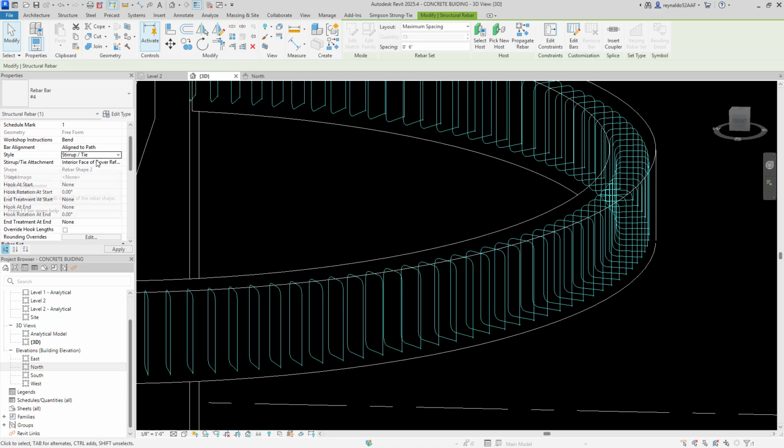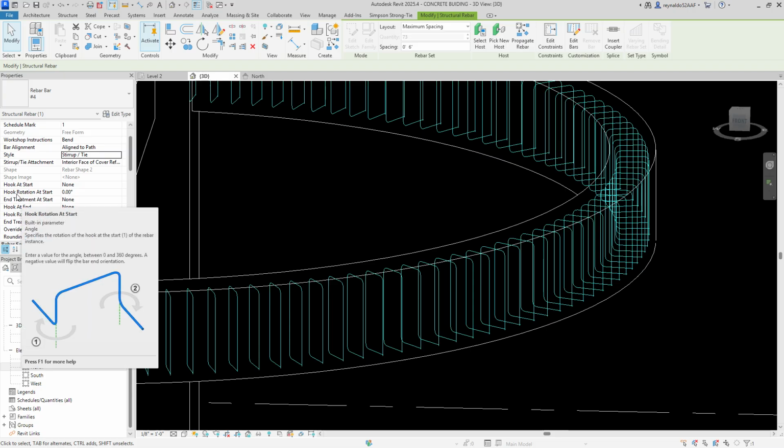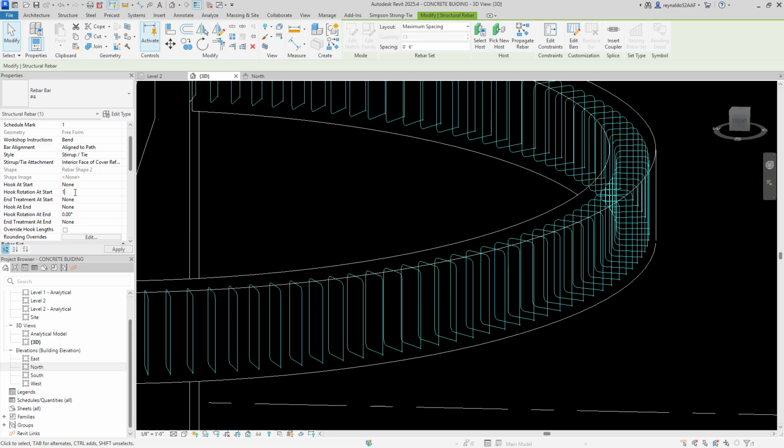That's the key. You got to change this here. Once you do that, the next thing you do is change the start hook, the hook's rotation at start. You want to change that to 135, and then the hook at the end rotation, you want to change that to 135, and then you'll click apply,